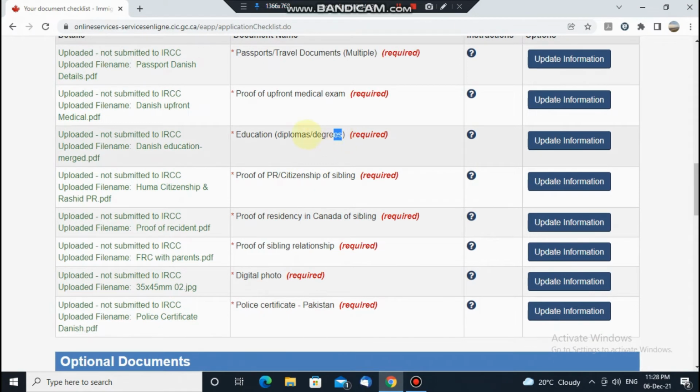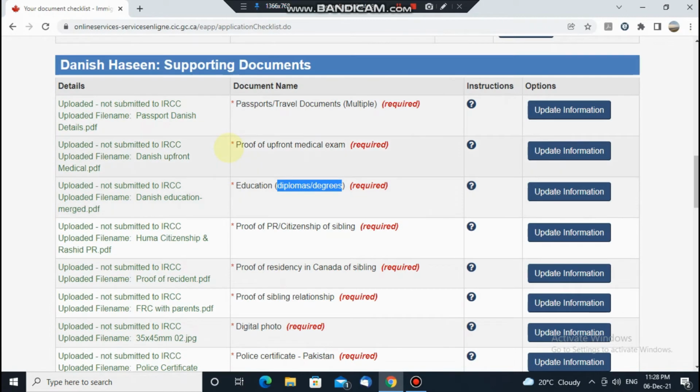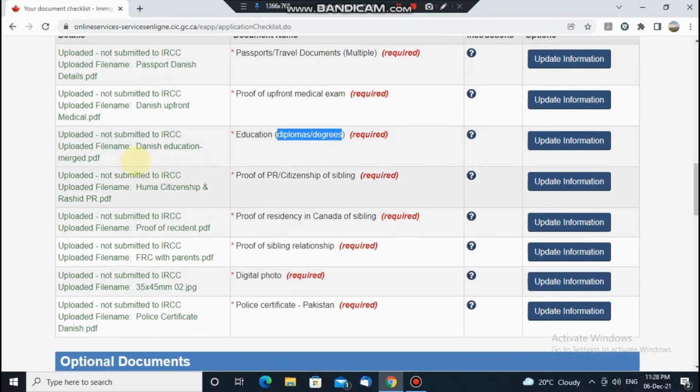In the education section, you can submit your education documents plus ECA plus the IELTS report, all together. And one thing to remember: always save the file in the name of the person and the field, so that you at least understand you are submitting exactly the right file in the specific field.